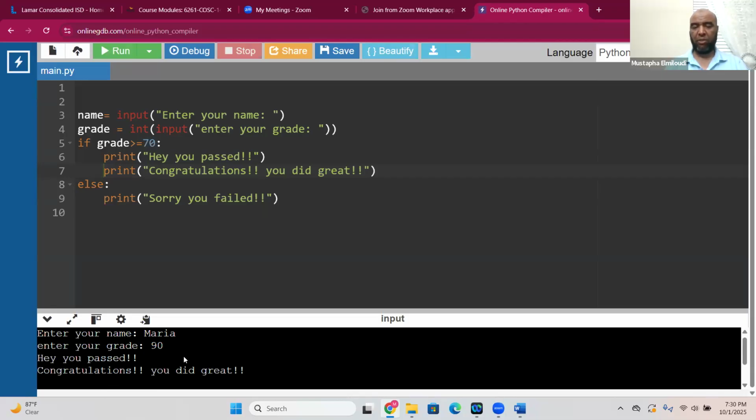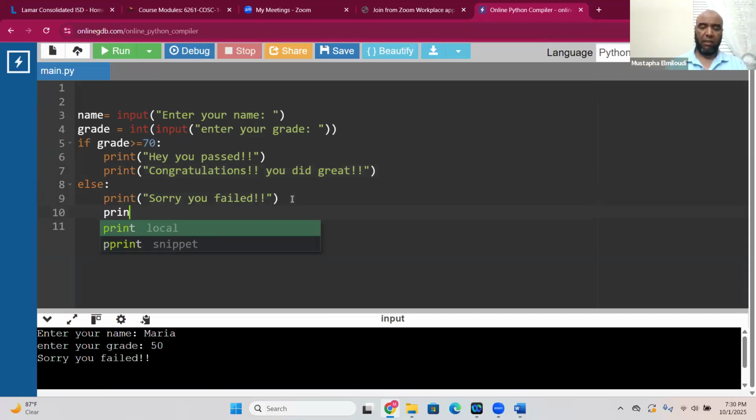Here you pass. Congratulations. But the else will be ignored. Okay. Now what happens if the grade is failing? So I'm going to put here Maria 50. Of course, the two statements will be ignored because they are blocked together. And then the other one will print, "Sorry, you failed." So if I add, as long as they are indented,